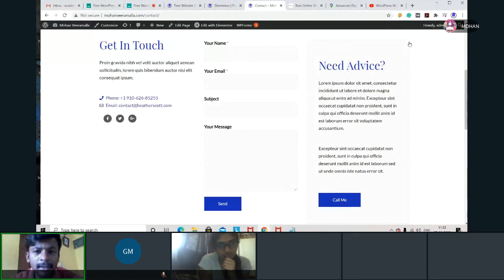Now think that the theme is not providing a form, then you have to create it manually. For that purpose we need a plugin. So we'll first analyze the important plugins which are required, then we'll try to use them one by one.